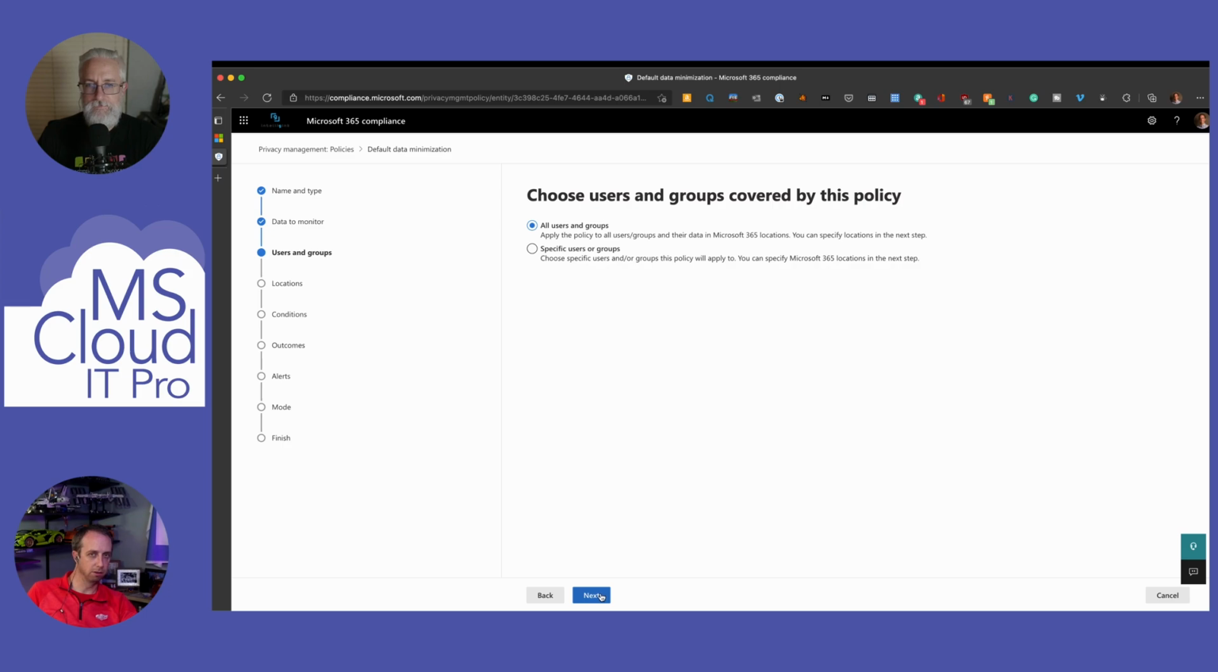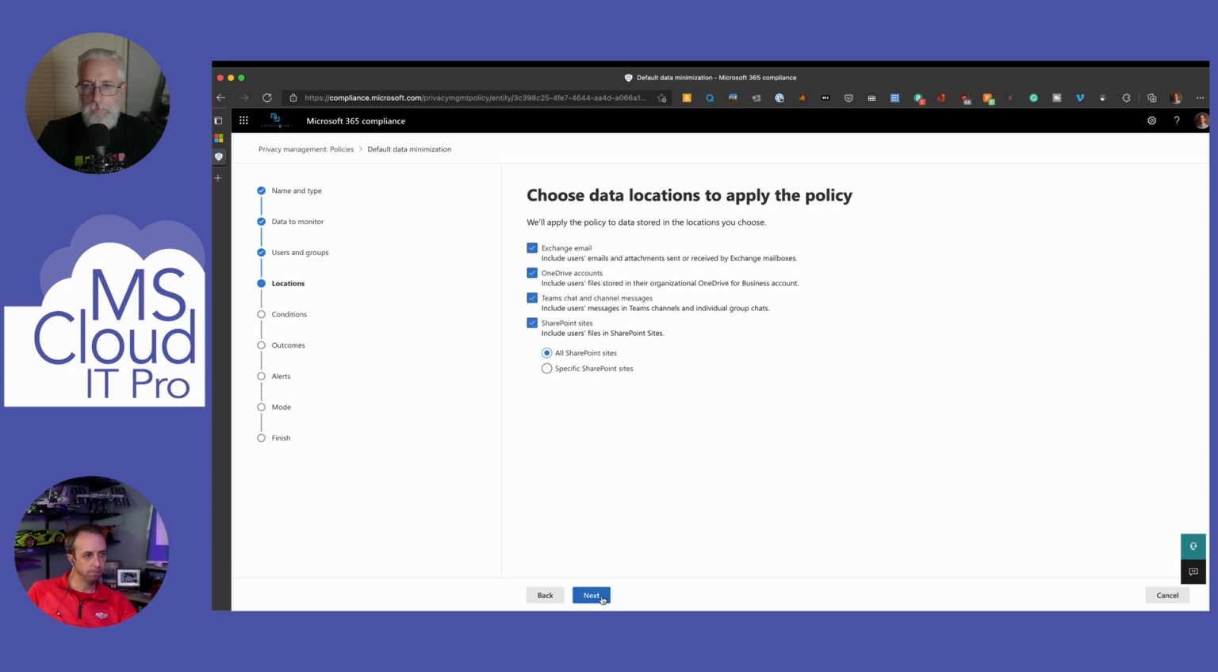Maybe if you're looking for certain departments that aren't allowed to send, kind of to your point. If you're a service desk, you don't want them sending sensitive information to the rest of the organization. I suppose you could go in and set up one of these data minimizations to scope it to just your help desk or just your service desk, because you want different rules in terms of what they're allowed to send. Yeah. Yep. Makes sense. Next, Exchange email, OneDrive accounts, Teams chat and channel messages, SharePoint sites,